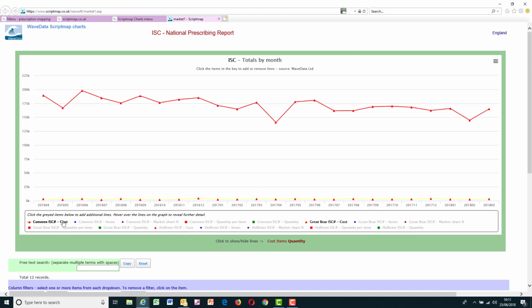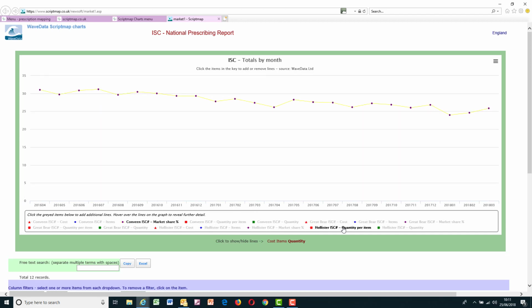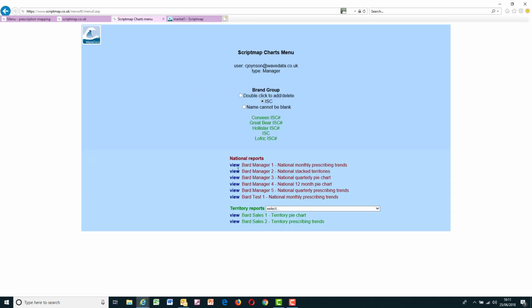But if I didn't want that as a sales manager and I wanted to know the change in market share over the last period, then I could find the right ones for that. They are purple dots. Where are the purple dots? There's purple dots. So you could then look at that and say, okay, now I know what's going on, what's growing, what's not. If you went back here and ran the second one, the national stacked territories,